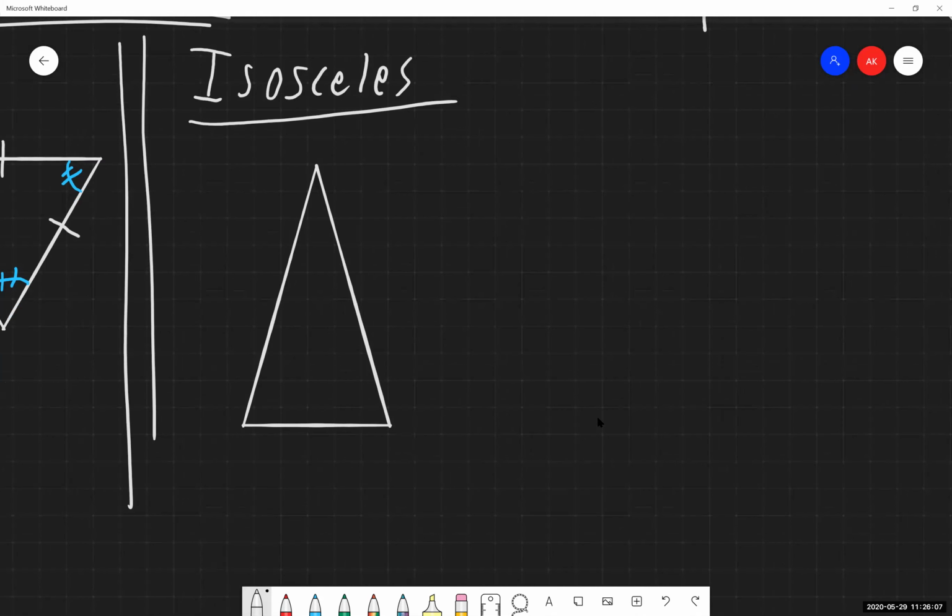Isosceles triangles have two side lengths of the triangle that are congruent. So again, that can be given to us by having numbers displayed. So this side length is 5, this side length is 5, and the bottom one, let's say it's 2. If two side lengths are congruent to one another, then I know I have an isosceles triangle. Done.